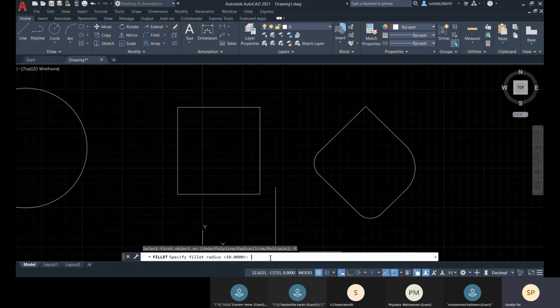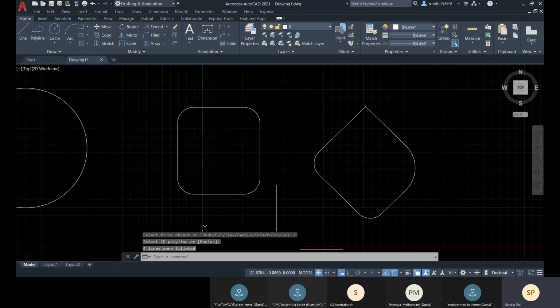So before that, I just mention the radius like 5, and then go for this polyline and then select the polyline. And within a single click, all the corners will be filleted.